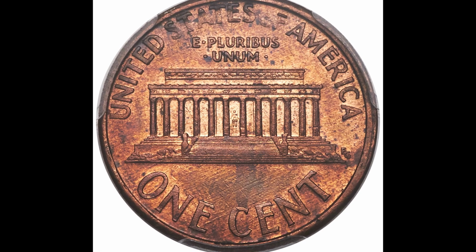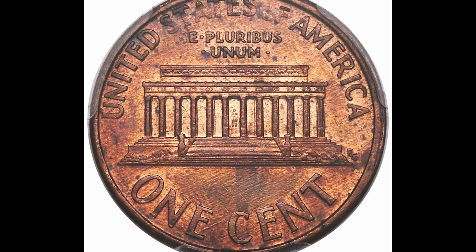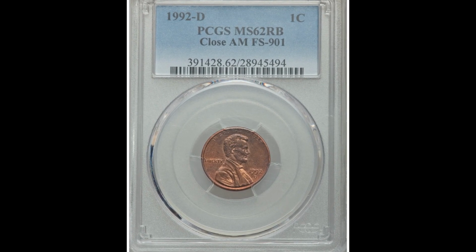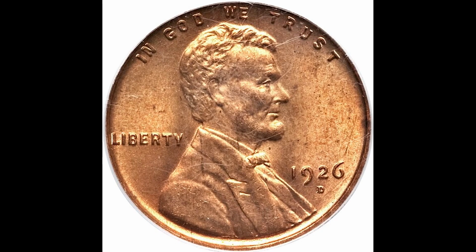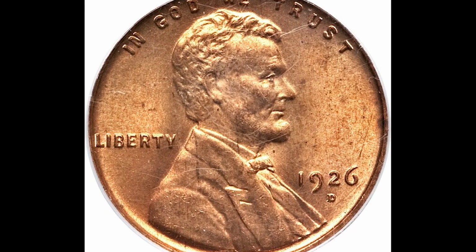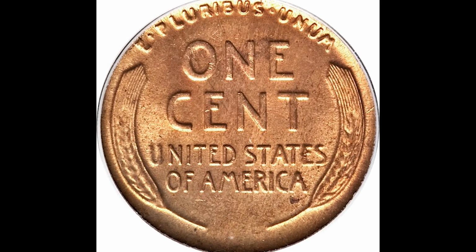If this coin would have graded at a higher grade than a 62, it would have sold for a whole lot more money than $1,140. Here we have a 1926 D 1 cent wheat penny graded by PCGS at a Mint State 65 red. This coin sold for